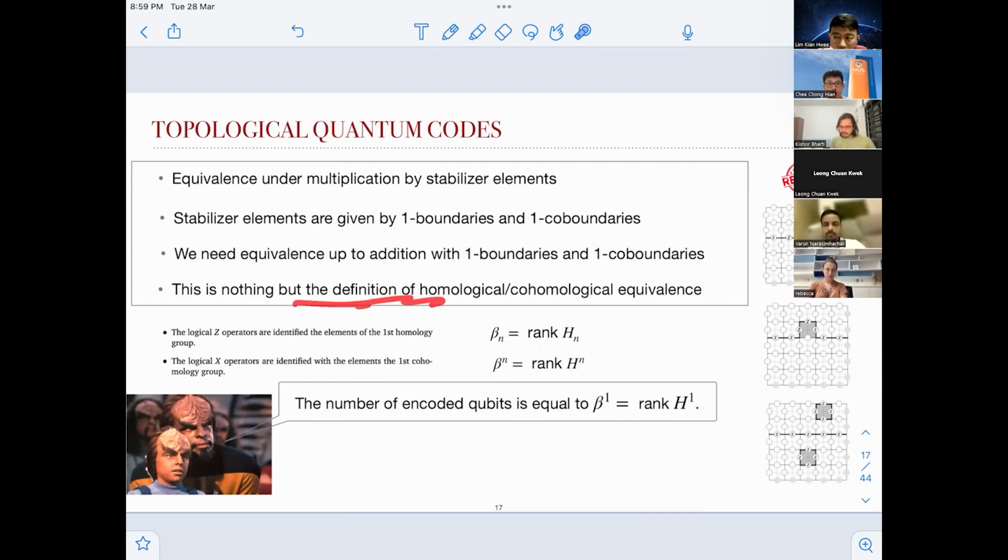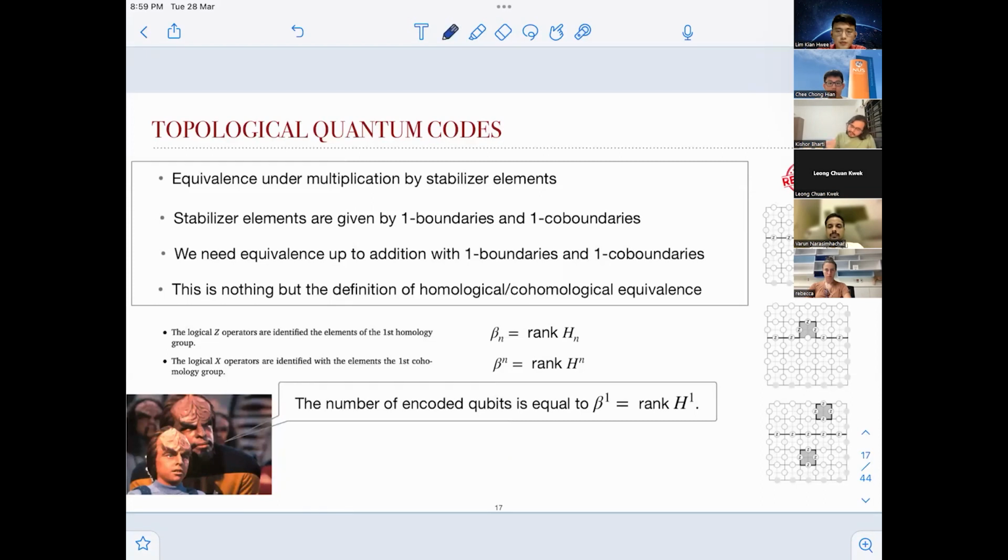So this is nothing but the definition of homological or co-homological equivalence, like in the previous tutorial. So let's say you have a chain, and if you add a boundary to it, basically addition up to boundary is a trivial operation. If you think about it in terms of error correction also,